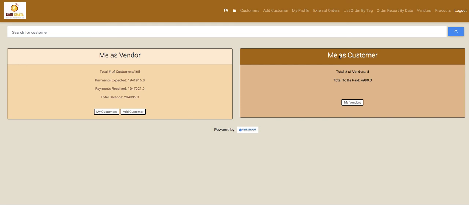I also told you how to add a customer, how to add an order, how to add payments against that customer, and also I told you that your customer will keep on getting SMS reminders every week if they have any pending balance. So that way it helps you in speedy recovery so that you don't have to call them every time and remind them, right?